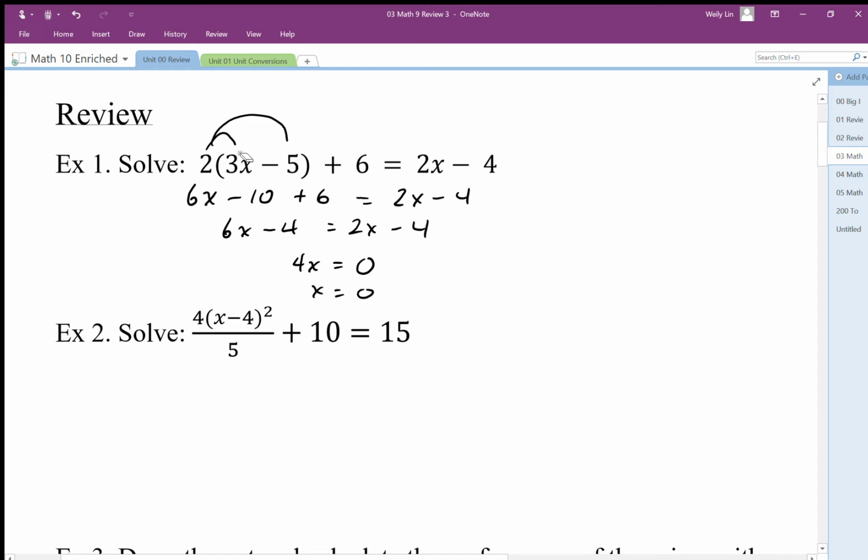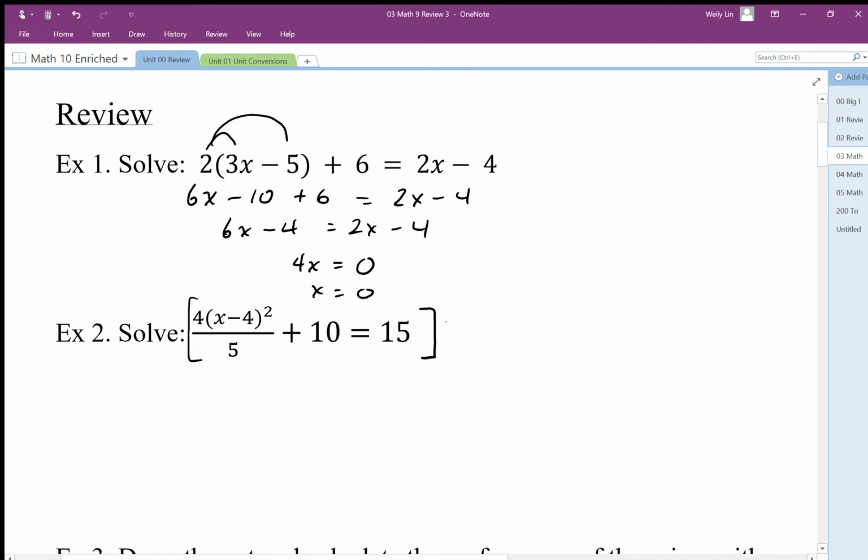So I go 3 times 0 is 0. So 2 times negative 5 is negative 10. Plus 6 is negative 4. 0 minus 4 is negative 4. That all works out. For this next one here, we probably want to get rid of that divide by 5